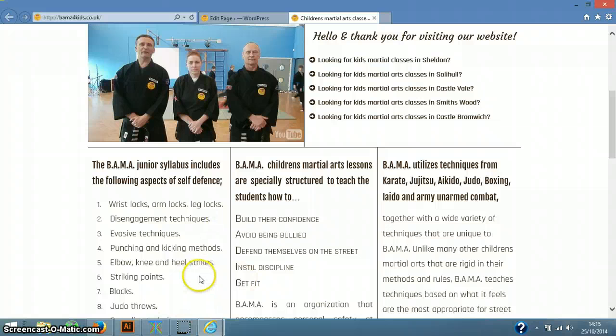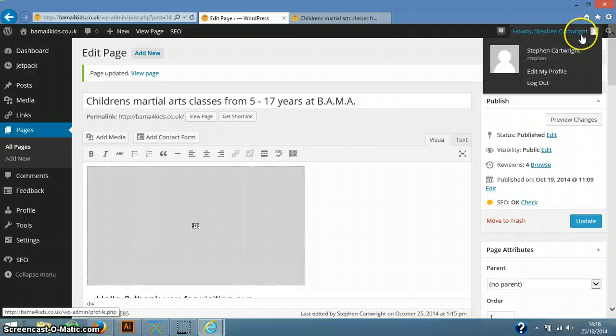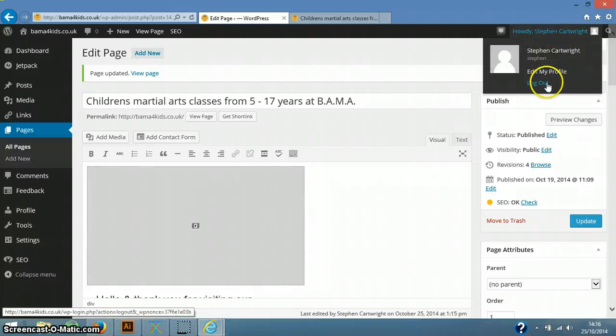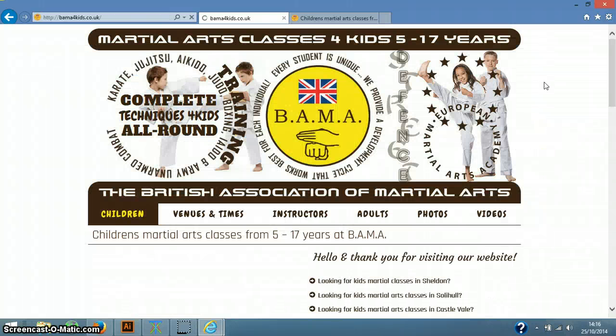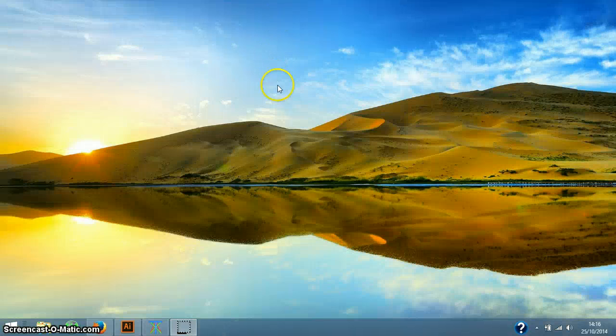Okay, once you've done that, you're happy with the changes you've made, you can either close the page by clicking on the tab to close the admin side, or you can go to the top right and you see I'm logged in as Stephen Cartwright. By just moving my mouse there, I can then select log out, and that concludes